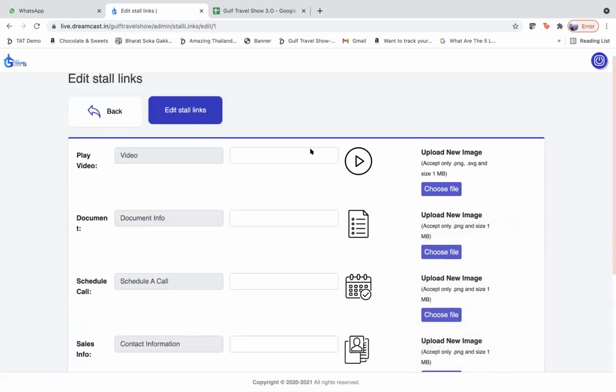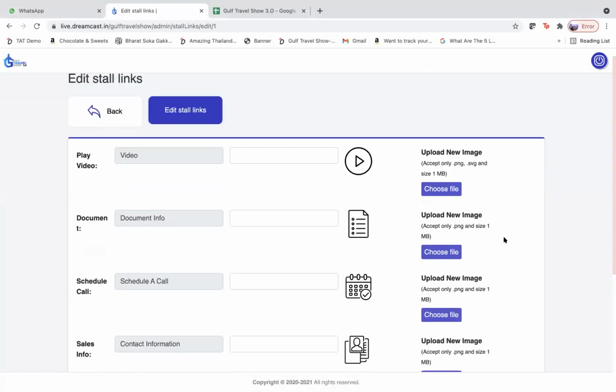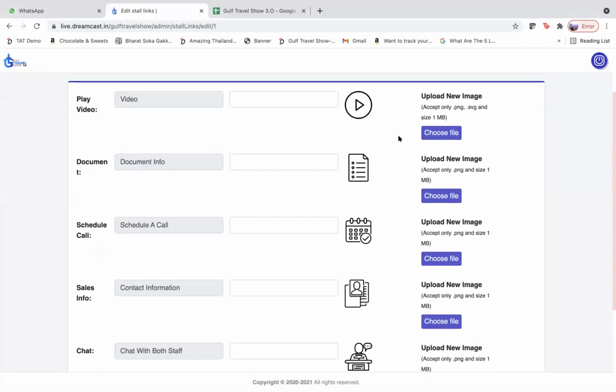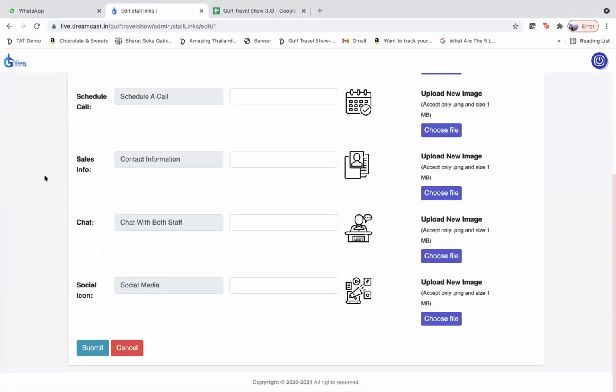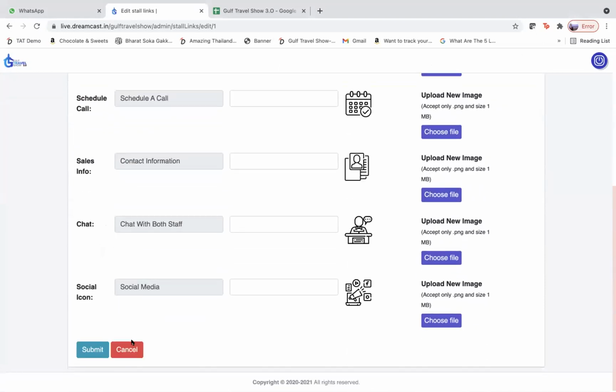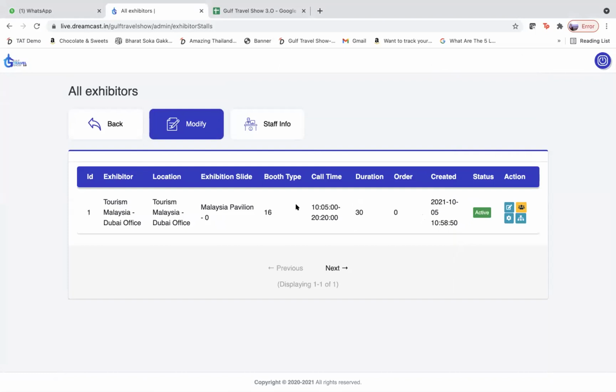We can have the name here and appropriately upload the videos. We can choose the file and upload videos, documents, etc. All right. Any doubts so far in terms of editing the videos and documents you can upload here?